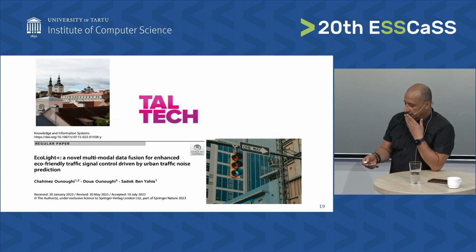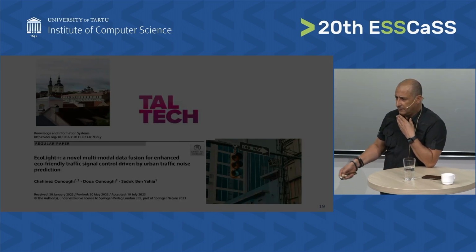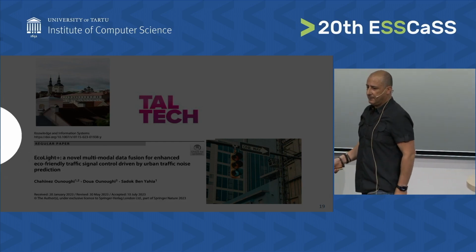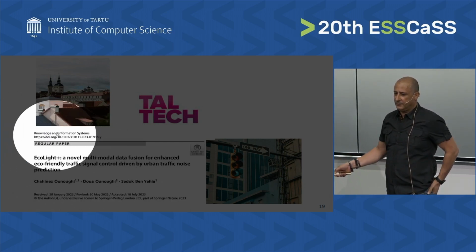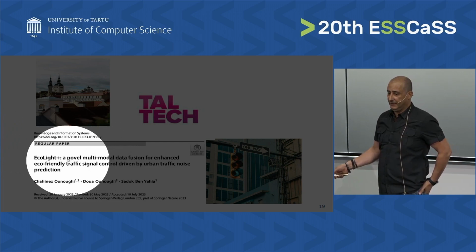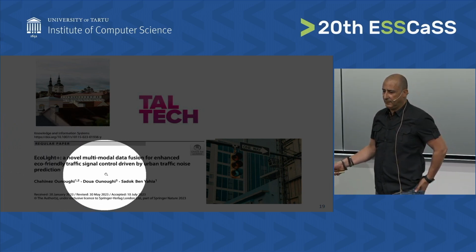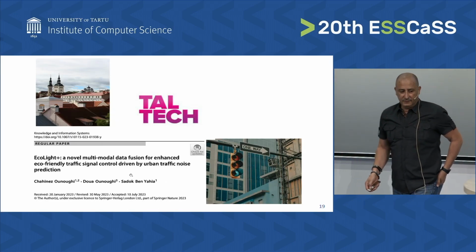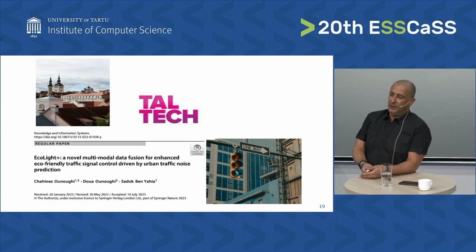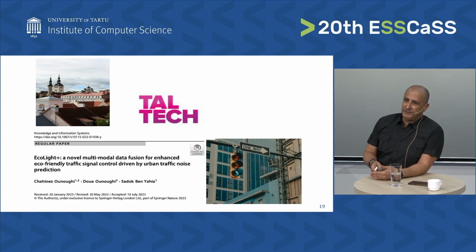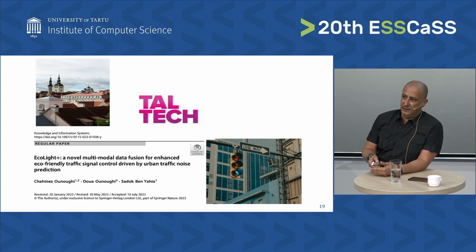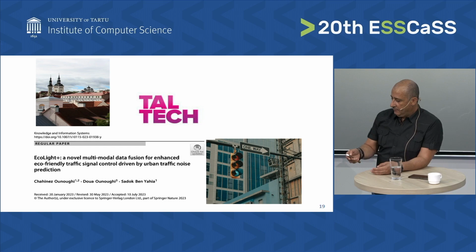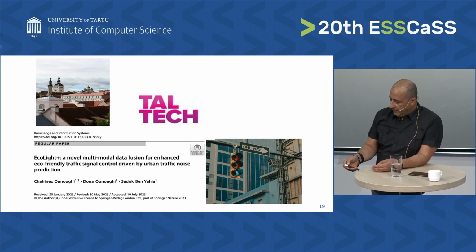So the use case. The second contribution is about traffic signal control, and the paper was accepted in July 2023. In this publication, we have done extensive experiments in Tallinn, as I will show later, in one of the most congested traffic light intersections, which is Tammsaare-Sõpruse. So the goal is to,